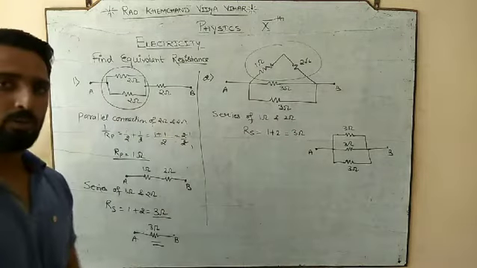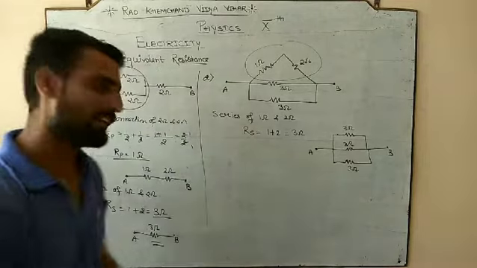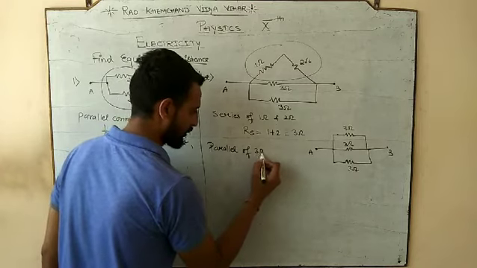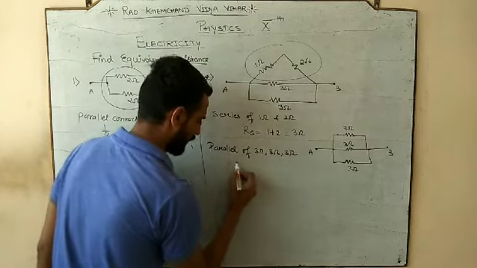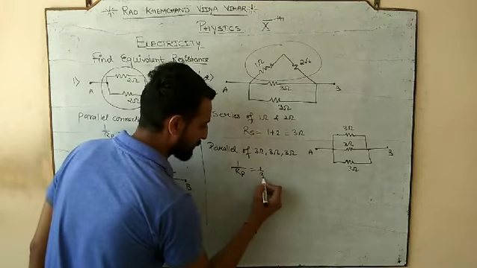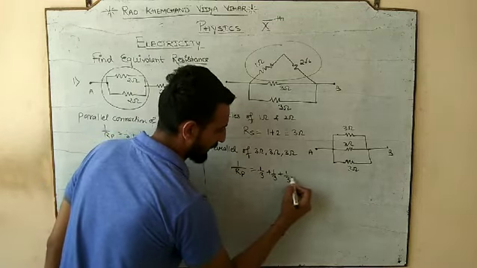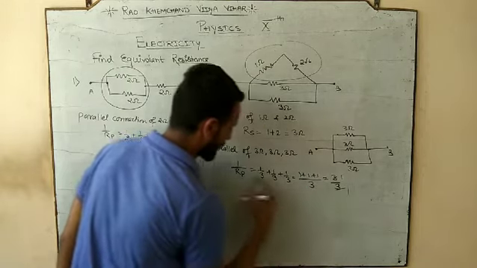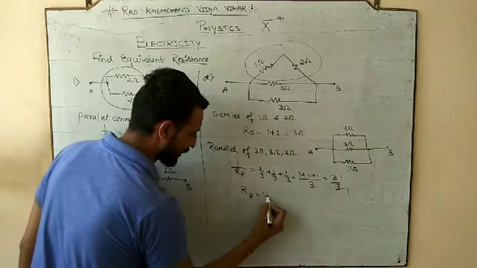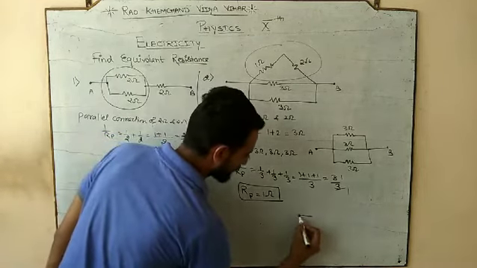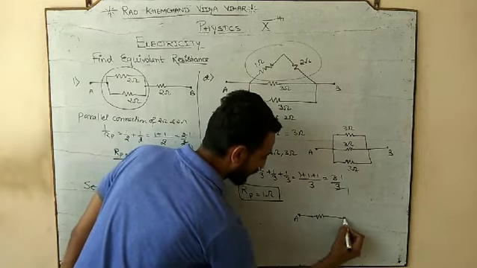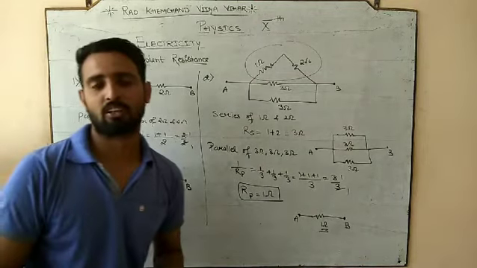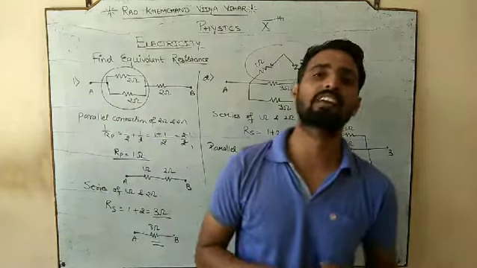Now, how are you going to solve all three? They are in parallel connection. So what? Parallel of 3 ohm, 3 ohm and 3 ohm. So 1 by Rp is equal to what? 1 by 3 plus 1 by 3 plus 1 by 3. LCM 3, 1 plus 1 plus 1, it is 3 by 3, and when I take the reciprocal, it would be 1. So what is the net resistance between A and B after solving the parallel connection? It is 1 ohm. So this is the method of calculating the final equivalent resistance.